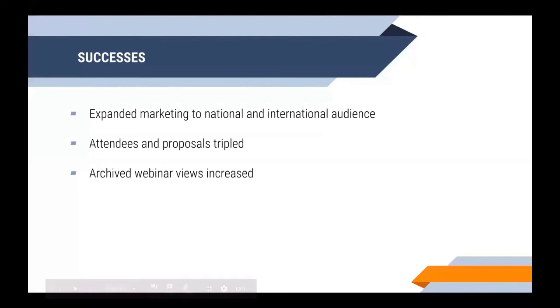So Kelly already touched on a few of these when she talked about our failures. Much of fixing those turned those into successes. It really depends on who your audience is. For us, a college and university section of a library organization, of course, reaching out internationally and nationally made sense. And that allowed us, for our attendees and proposals, to triple. If yours is more of an internal webinar at your specific organization, then you might not have that to worry about. I do, as Kelly said, very much encourage you to archive the webinars.